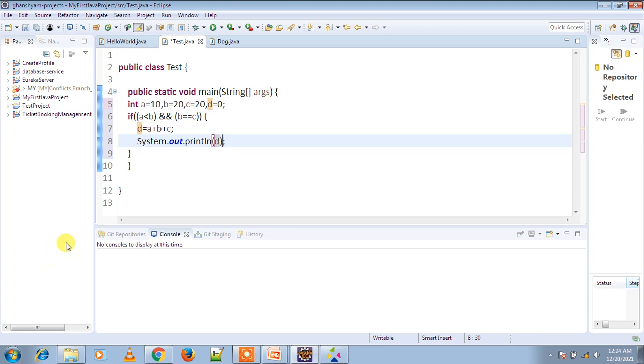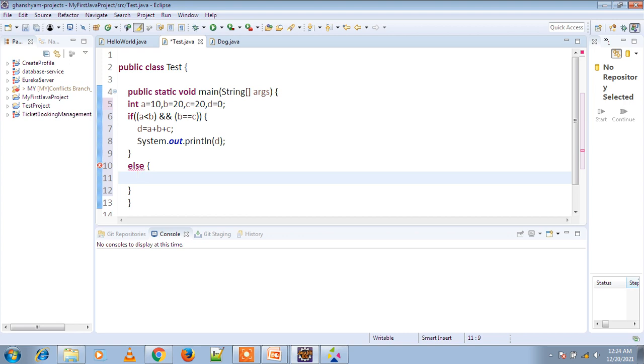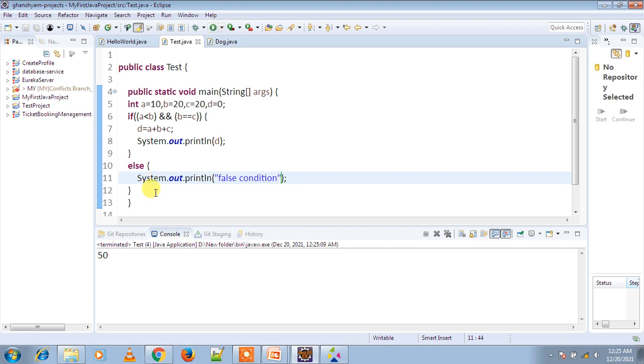If this condition is false, then print "false condition". Now run the program. You can see the output is 50 because this if block is executing.